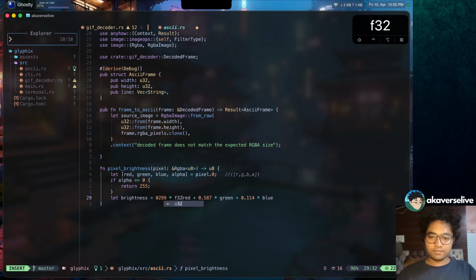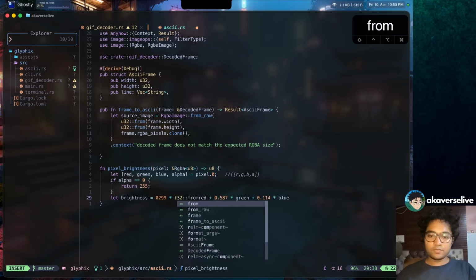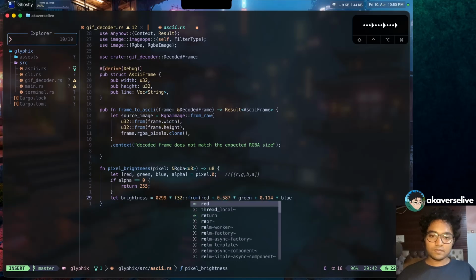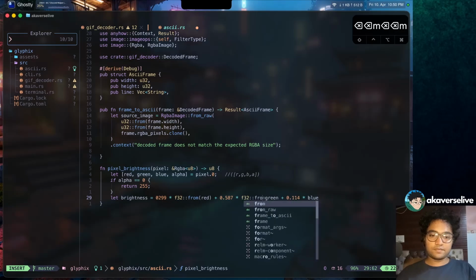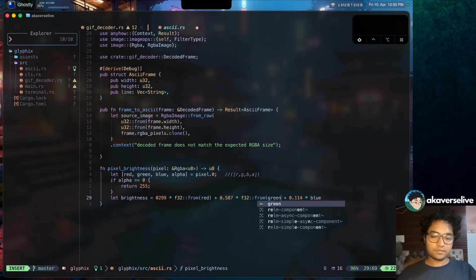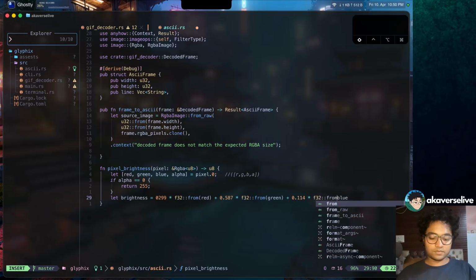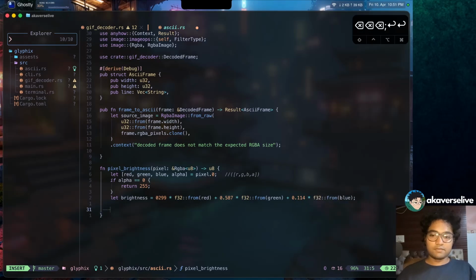That will be f32 from, okay, and let's do them here as well. f32 from green, f32 from. Then we return the brightness